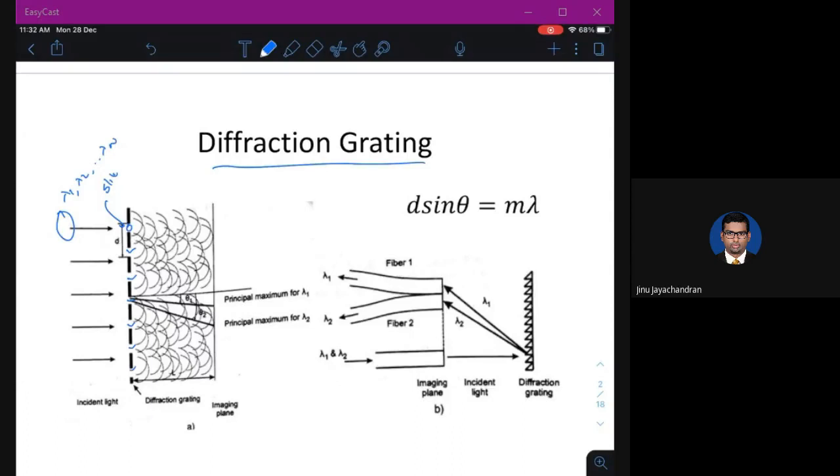So what happens is when this light passes through the slits, now there is an imaging plane here. Okay, so whatever you see here is called a wavefront. The curved lines are called wavefronts. Now what do you mean by a wavefront? Let's say you have a wave something like this. Assume the wave is going like this. Now you assume that you are considering any particular point P. Now how this point P travels along the wave is called a wavefront.